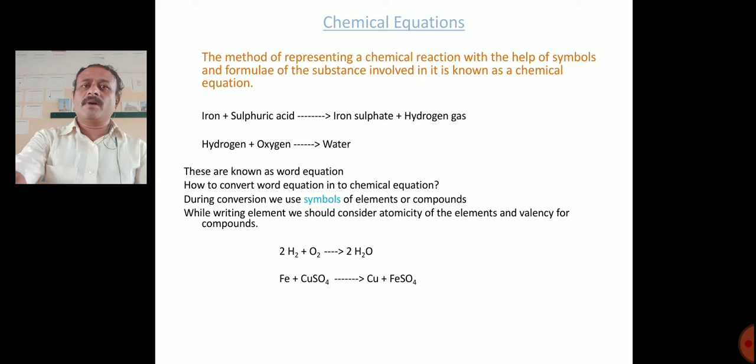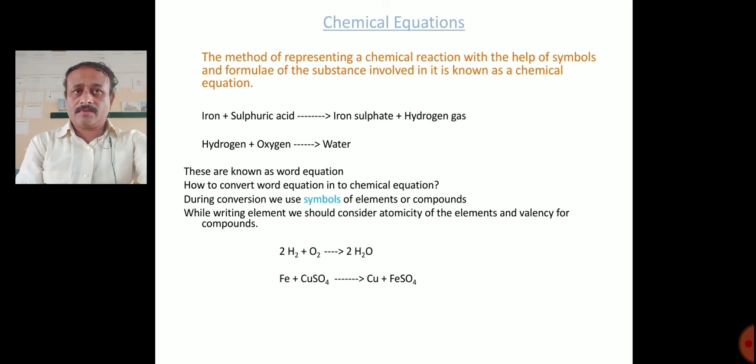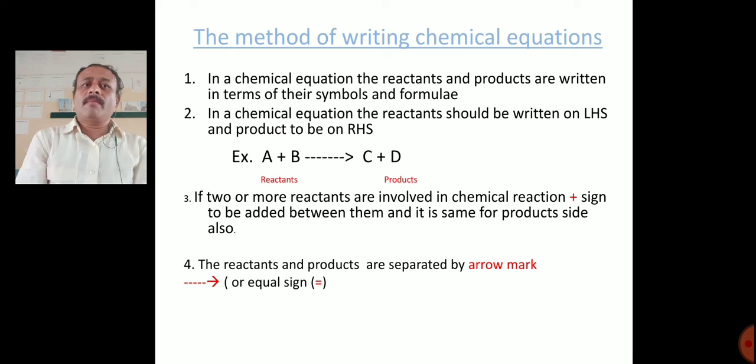You know very well how to write a compound formula. First we write the atoms present in the compound, in H2O, H and O. The valency of hydrogen is 1 whereas the valency of oxygen is 2. When you crisscross these two, what do we get? H2O. That is why I have written H2O, right? Is it clear? Okay.